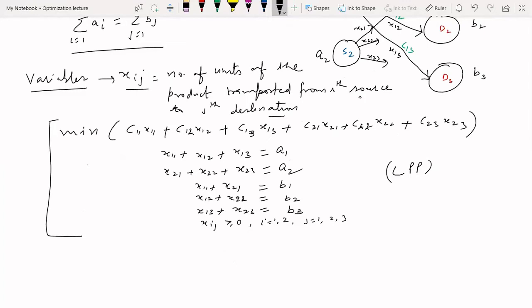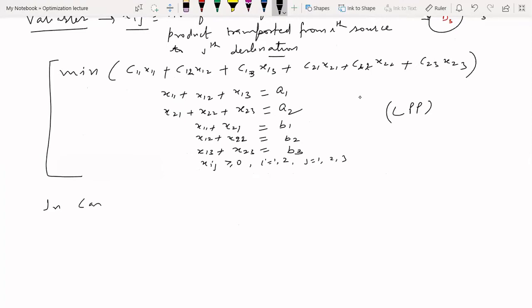What are the limitations of the simplex method, and why do I need to relook at the theory of the linear programming problem and devise a new method? Before I proceed further, let me write the mathematical model when I have m sources and n destinations. So in case of m sources and n destinations,